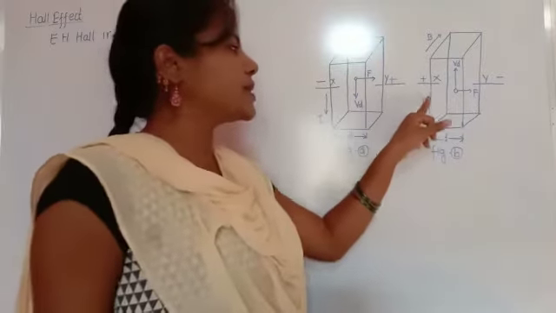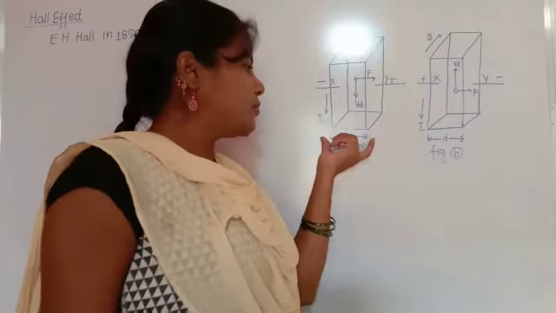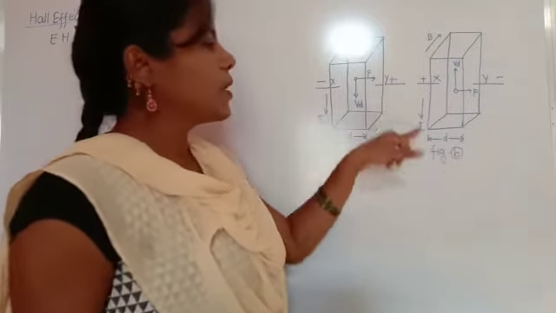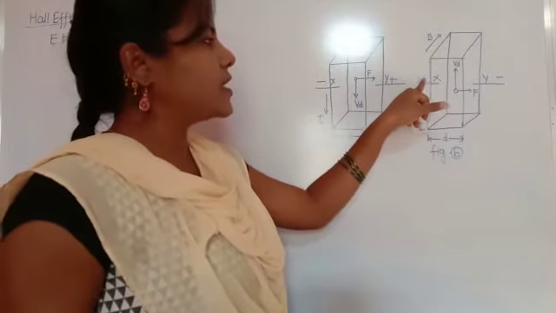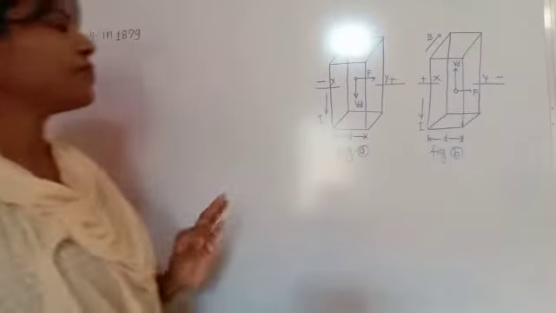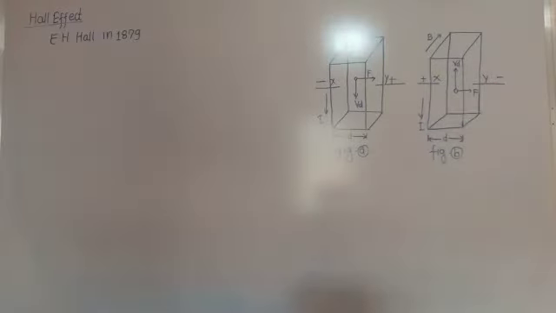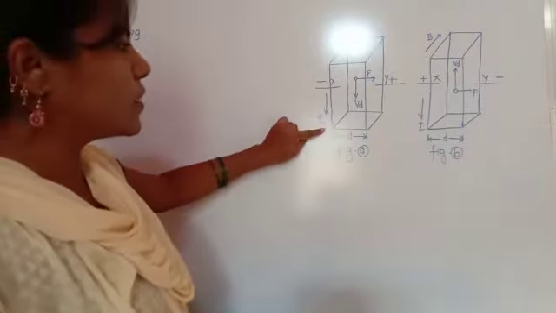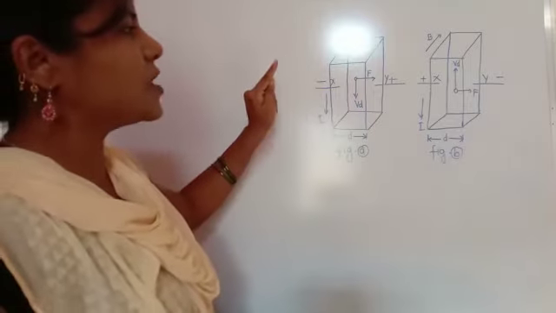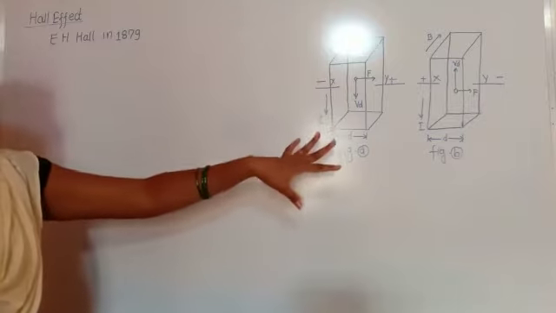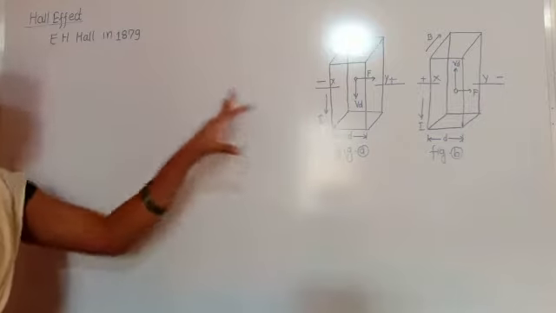Here is the direction of current I, and this small d is the width of this strip. The current flows in the direction in which the positive charge would move. So when the current moves in the downward direction, the positive charge also moves in the current direction, meaning the direction of positive charge and current is the same.